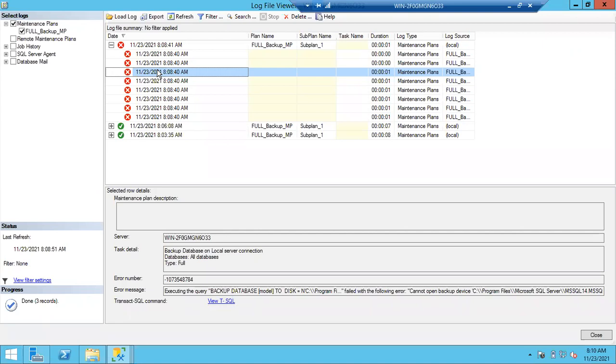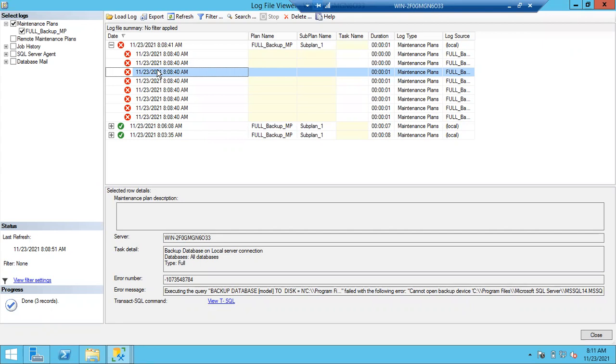Sir, if I am doing the first full backup, then I don't need to go with the maintenance cleanup, sir. First full backup means? Just the first time I'm doing the full backup. See, every time you won't change it, right? As a DBA, what is our responsibility? We'll create the maintenance plans. Okay, first time I'm taking the full backup, so no need of this maintenance cleanup task. Next time again I'll check it. Again, who will check it?